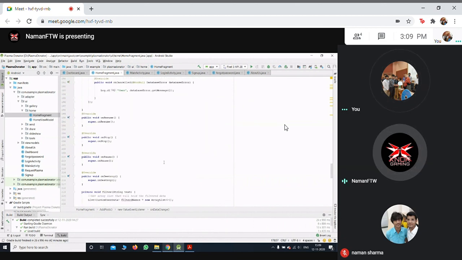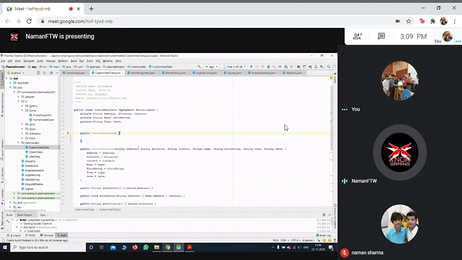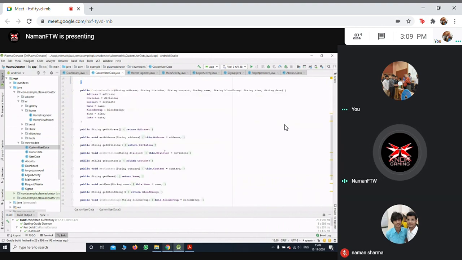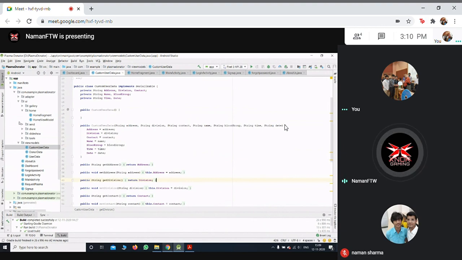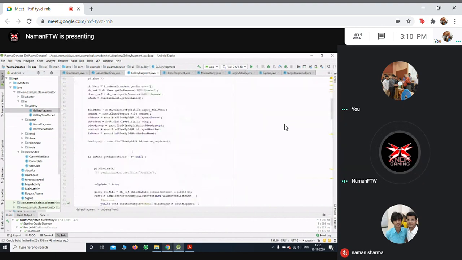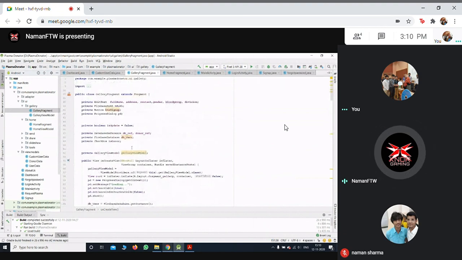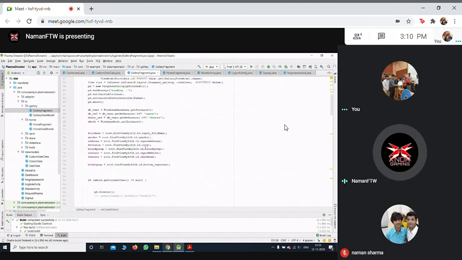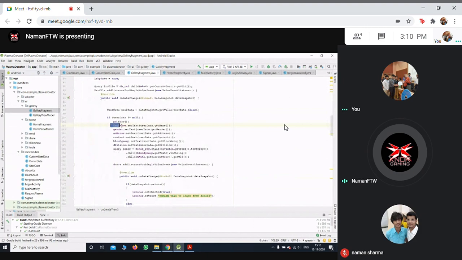So this was there, and I'll show you the custom user data. So this is the custom user data. It is a class which stores all the data which we get from the Firebase. So now coming to this, this is the profile activity. Here we are getting all the data from the Firebase and we are setting it into the different fields.